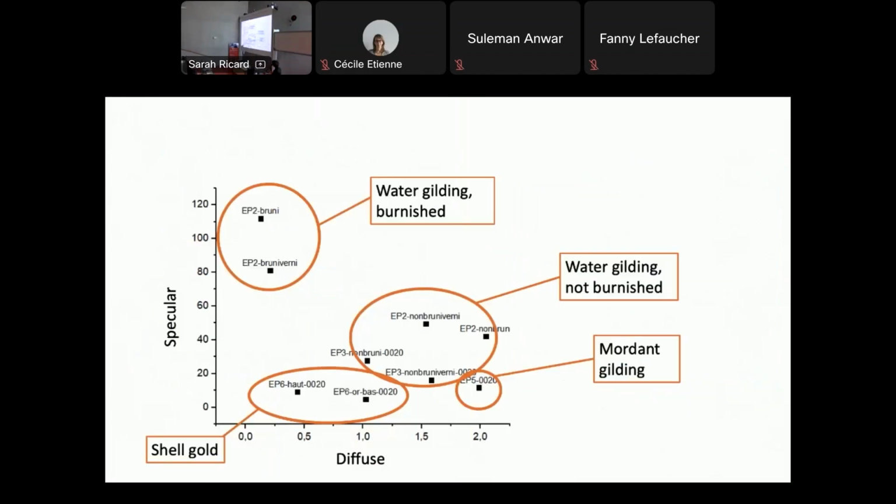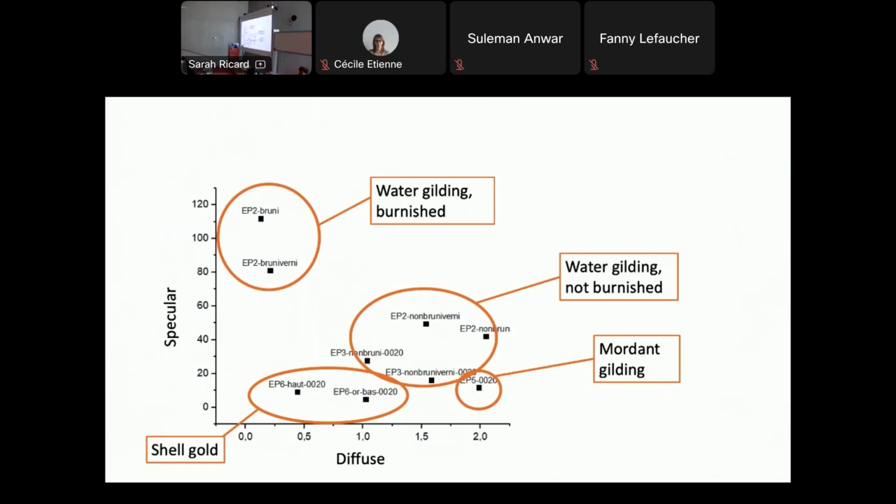And to sum up, we have these large groups, finally, of either diffuse or specular reflections, with a possibility of confusion between water gilding that is not burnished and modern gilding, while, of course, water gilding, when it is burnished, is very much recognizable. So this also allows us, in terms of art history, when we go to museums, to have a much more